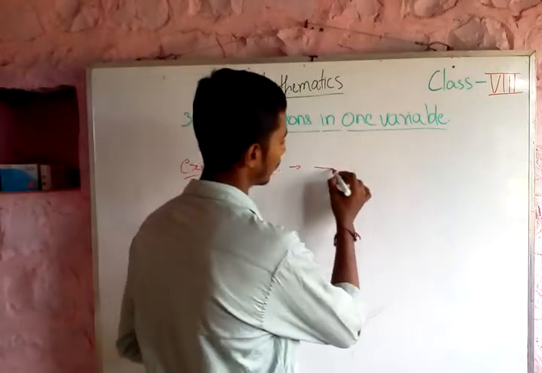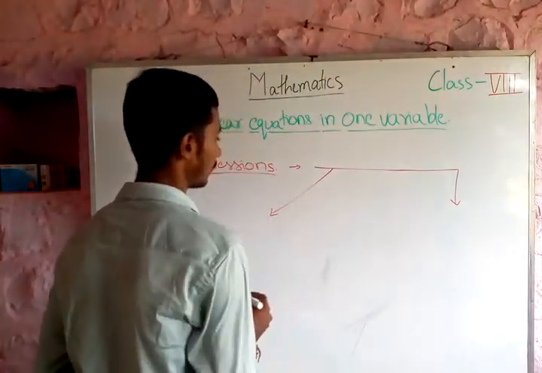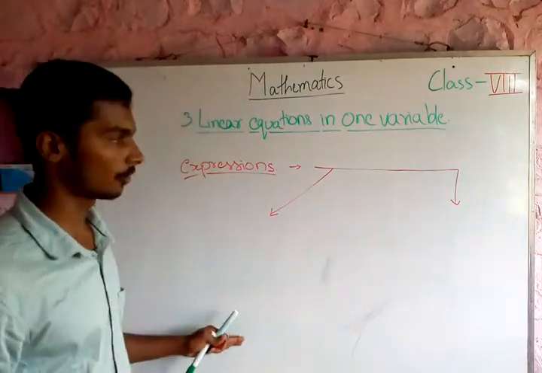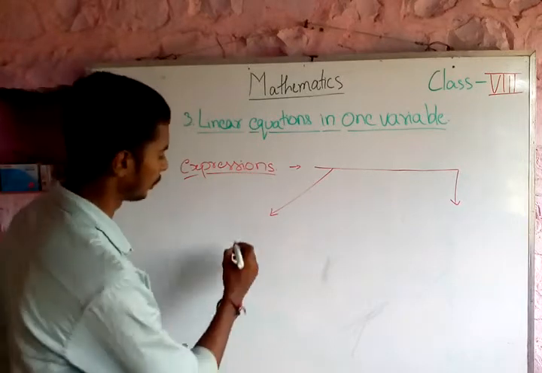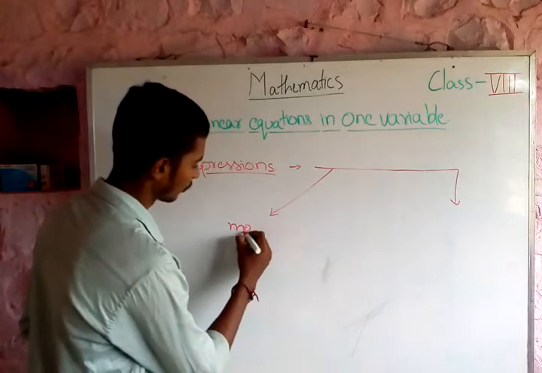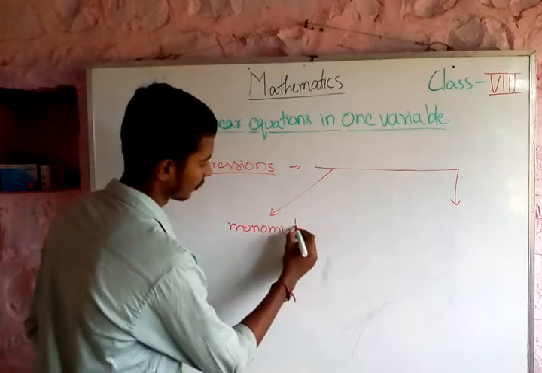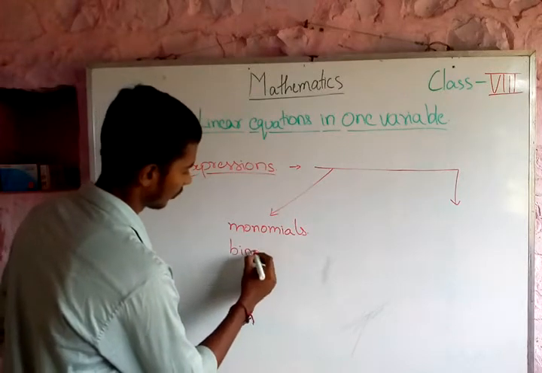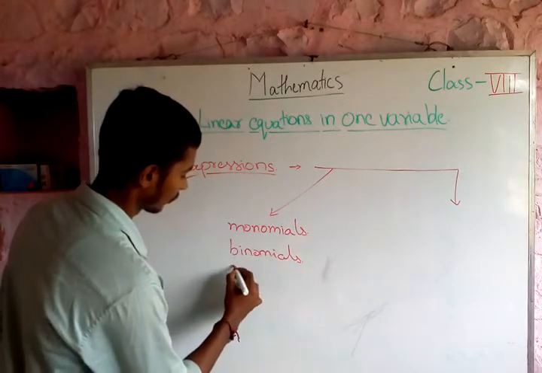That is, we can categorize the expressions into two types. In one way of categorization, we can categorize them into monomials, binomials, and